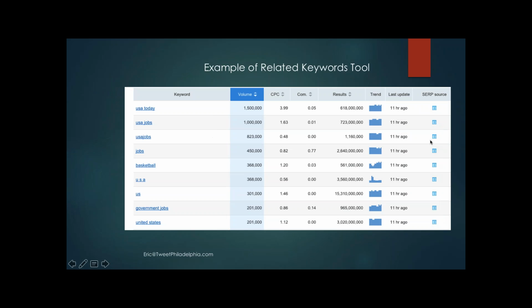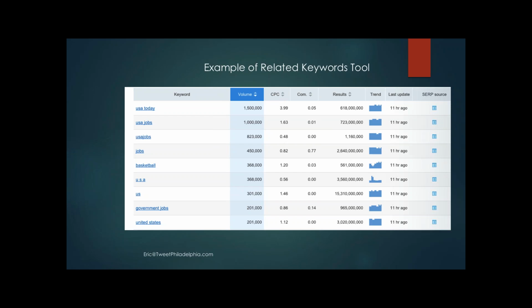For example, here's a fantastic related keyword tool in SEMrush. I'm intimately familiar with it. I know this product inside out, having worked at the company. This is a search for USA. And is basketball really the 5th most important topic to USA? No, it's not. So here we've ordered it by volume. Not going to tell us anything about the importance of how they're related or the degree of relationship. CPC as a value metric tells you it's a one-to-one comparison of how valuable basketball is to, let's say, some of these other terms, but it's not helping at all. Same with competition.